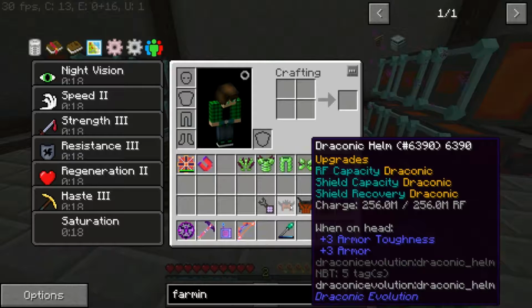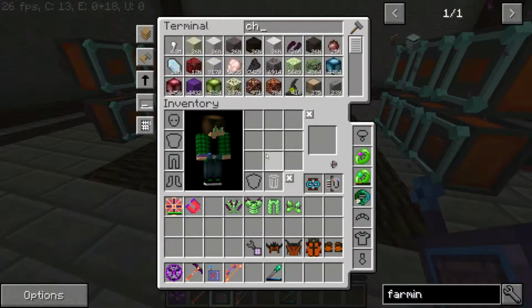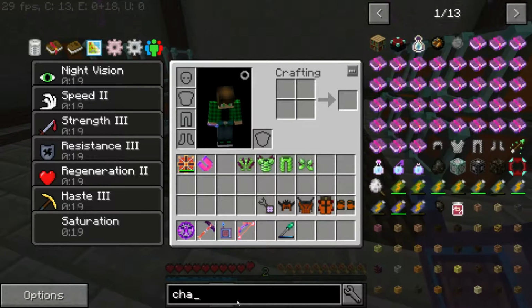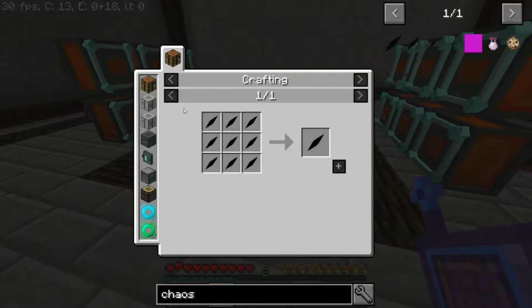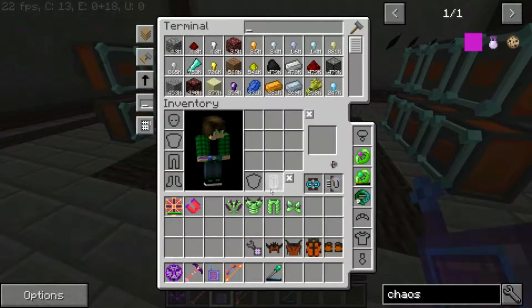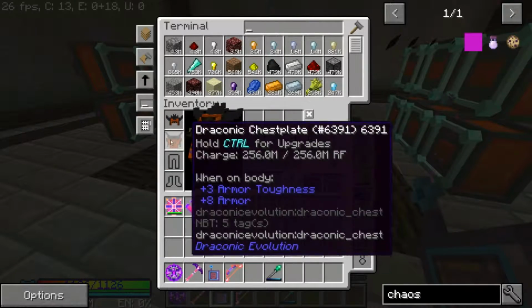is the highest level I can do so far because I don't have Chaos shards. Chaos, I wanted to show you here. Chaos shards, these things. You get these from killing the Chaos Guardian, and I'm not gonna do that yet. But the Draconic armor is cool and fine, but I don't really like the look of it because it's all